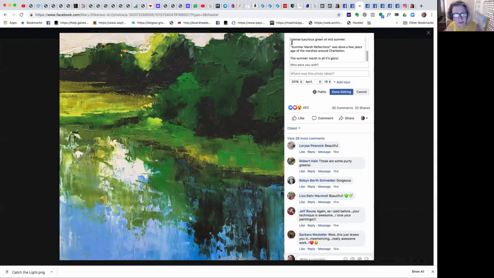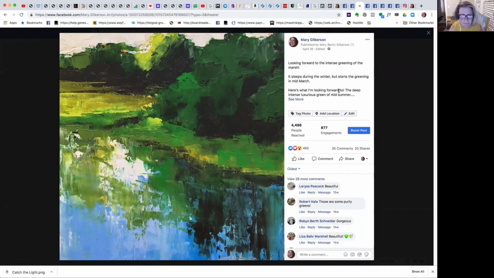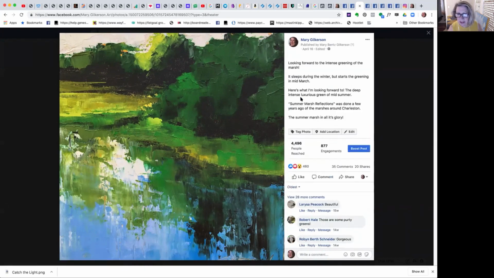I'm going to remove those periods so that it looks more native. There we go. So everybody finds something like that? Good. And all you need to do is write a brief little piece of copy, and it doesn't have to